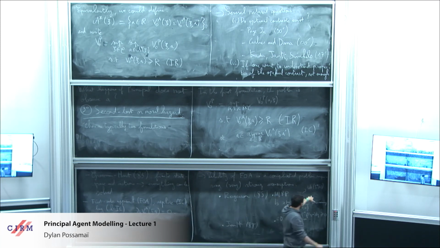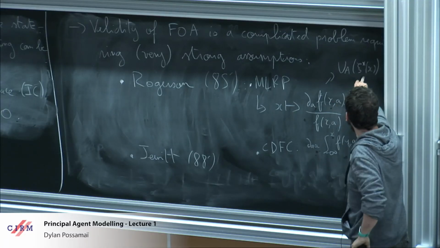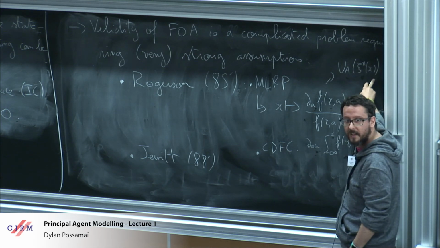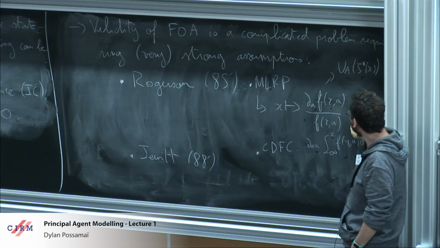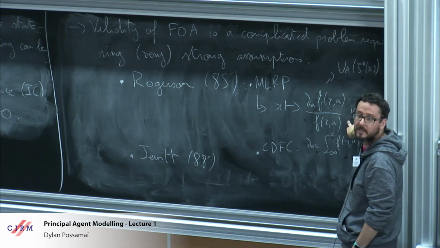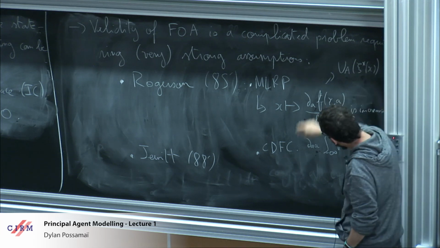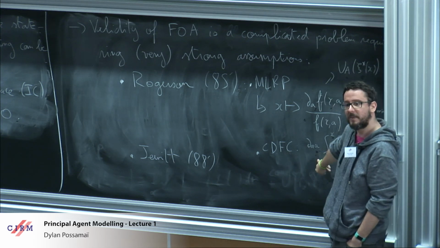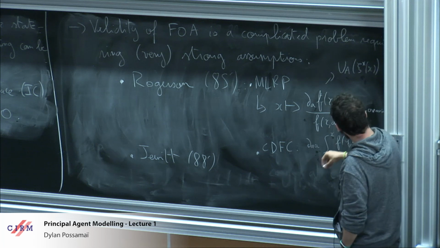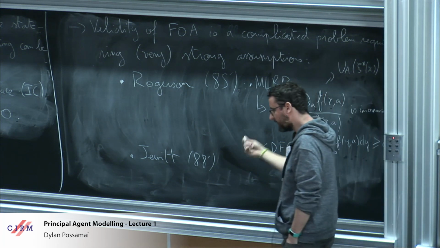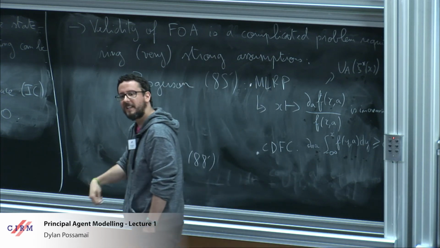The actual condition that you need here is that this is non-decreasing with respect to x, and it's actually not too hard to show that MLRP is a sufficient condition for this to be non-decreasing. If I want to move to second order stochastic dominance here, if you again know about these things, this being non-decreasing will not be enough. I need it to be non-decreasing and concave,